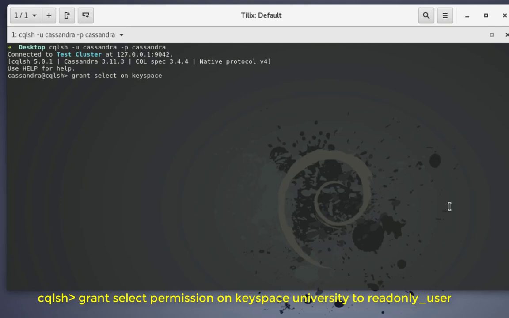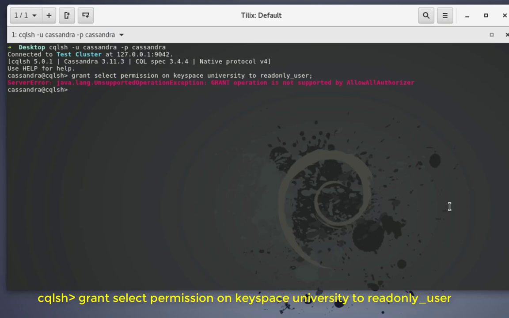Actually, I forgot here, grant select permission on keyspace university to, and here we have to provide the role, which is read-only user. Okay, and